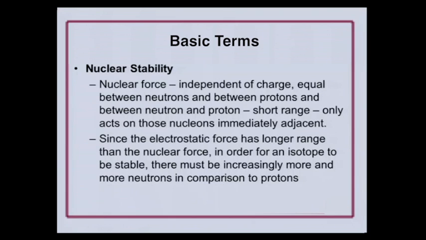Now, it must be understood that since the electrostatic force range is so much larger than the nuclear, in order for an isotope to be stable, there must be more and more neutrons in comparison to protons. And that takes us to looking at the number of neutrons and protons in a ratio. We'll get to it here in a second, but as we take a look at the neutron-proton ratio for existing isotopes, we'll find that that does indeed determine the stability